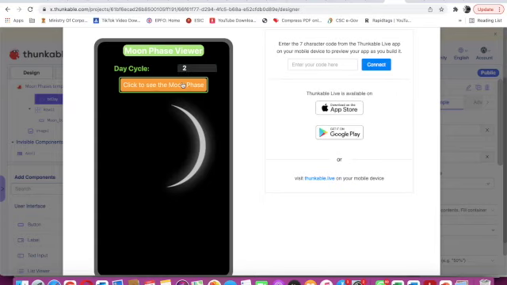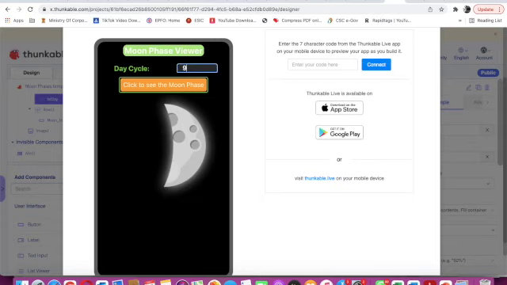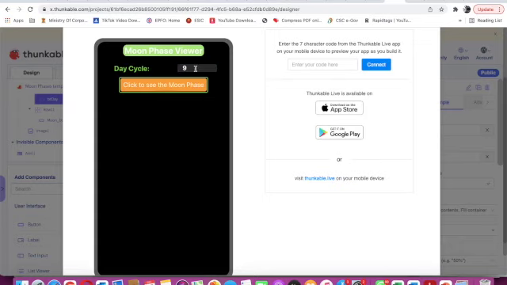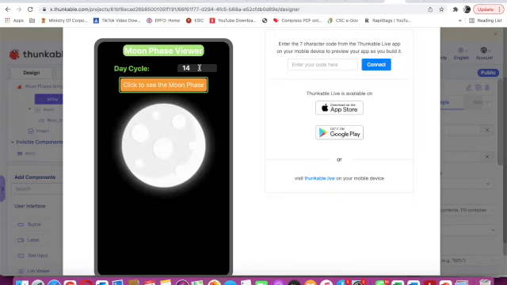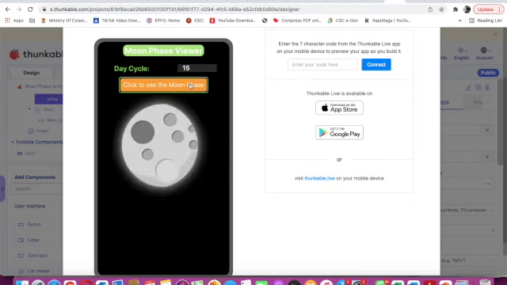Now I will type 2, then 3, 4, 5, 6, 7, 8, 9, 10, 11, 12, 13, 14, 15. Now see, it is reversing.